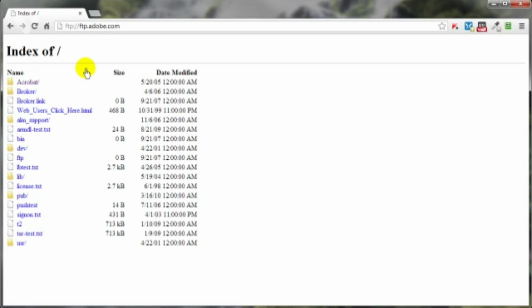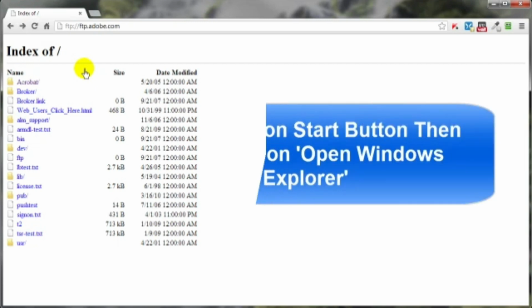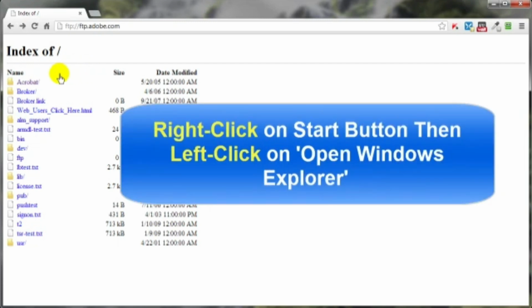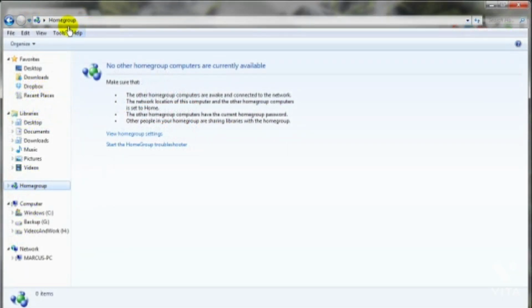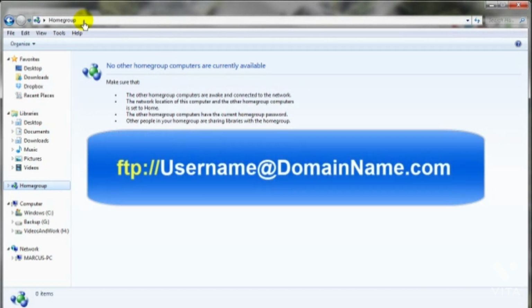Another FTP tool is your own computer's Windows Explorer. That is, of course, if you're using a Windows operating system and you have already purchased that web hosting package I mentioned and received your username and password. Just open up your Windows Explorer, and in the address bar, here, let me just show you what I'm talking about. Right up here in the address bar, you just want to type in FTP://